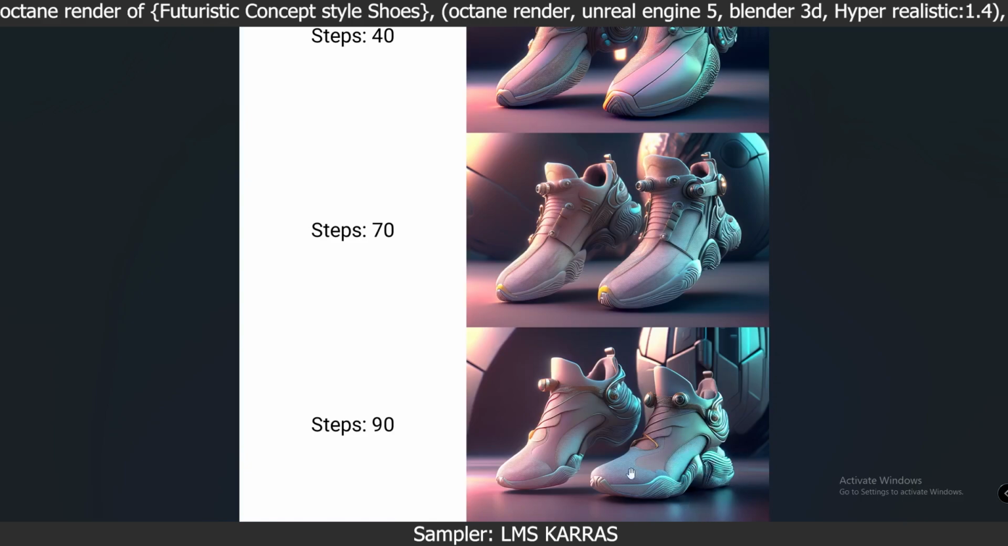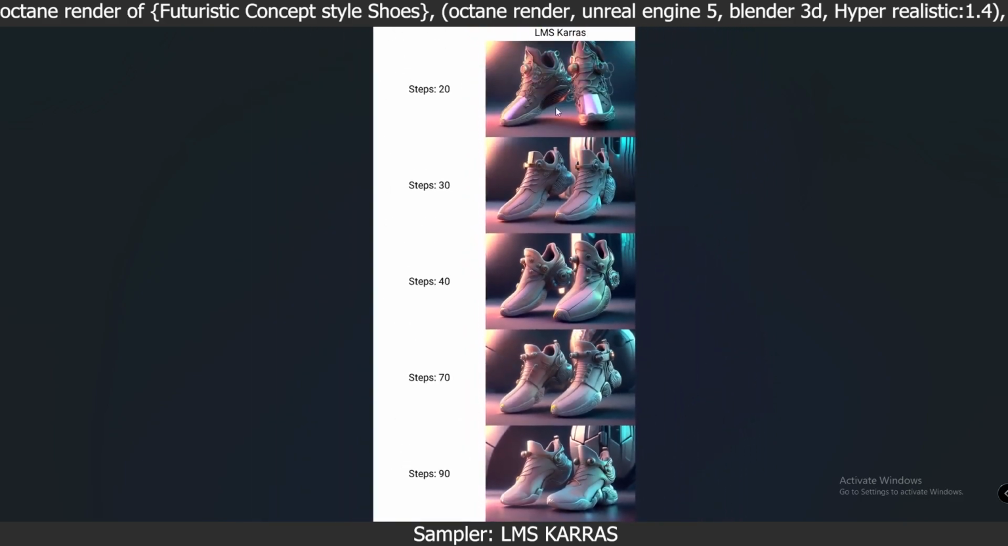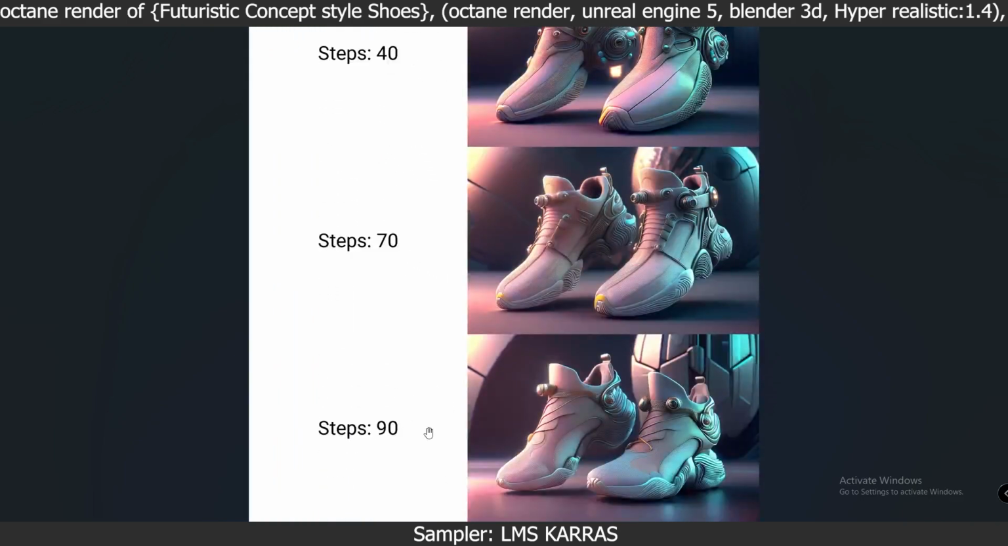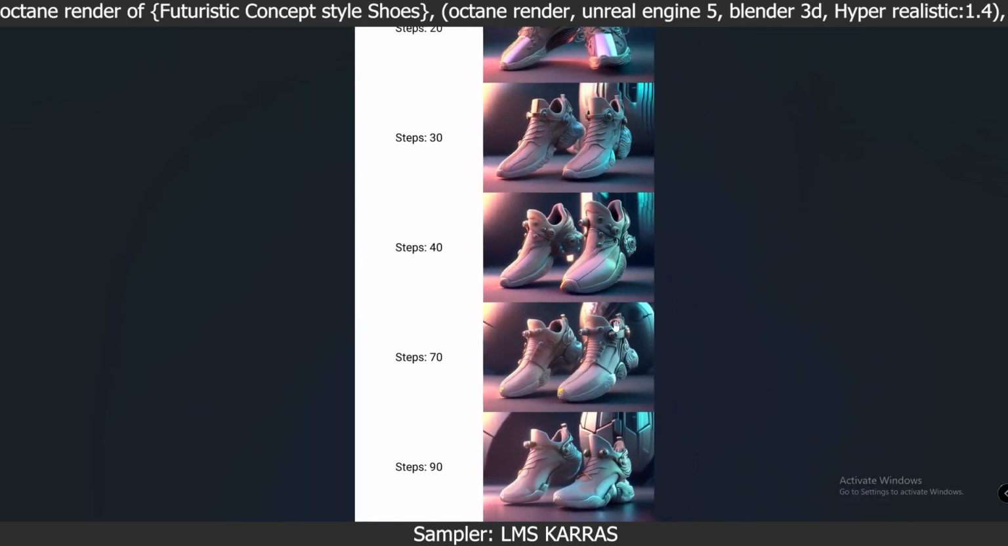So basically it kept on changing on step 90 as well. I don't know what the maximum value for this is, but yeah, it kept on changing on step 90. So what I learned on LMS Karras is that it kept on changing above 40 as well. As you have already seen, it kept on changing on step 90 as well. So this is the result that we got on step 90. Now let's jump on to our next